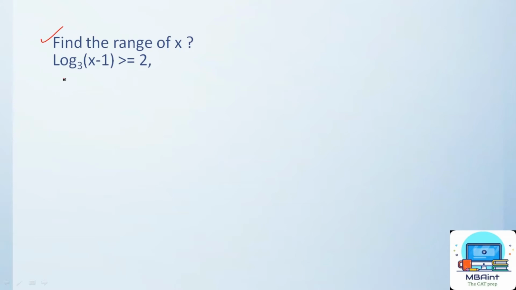Before approaching this question, I assume that you have watched the previous video, because there I discussed the basics and the steps to approach logarithmic inequality. I hope you remember what the first step was. The first step was checking the domain. And how do I check the domain? If I have log base a of value b, I know that a cannot be equal to 1, and I also know that a and b have to be more than 0. So I just need to check these parameters.